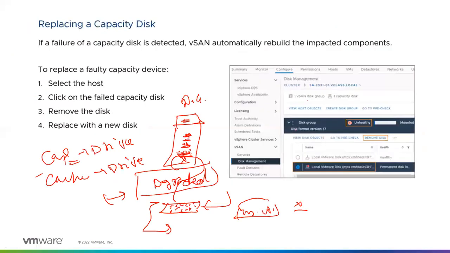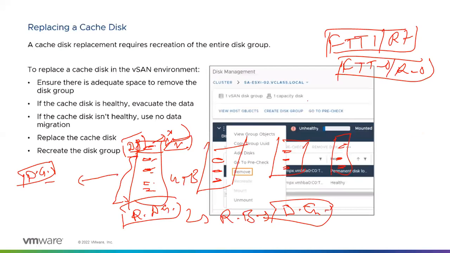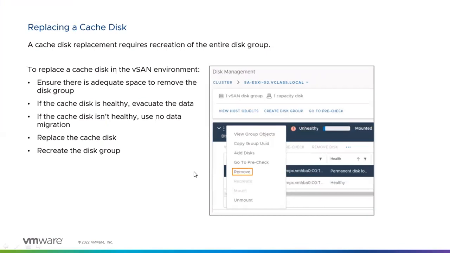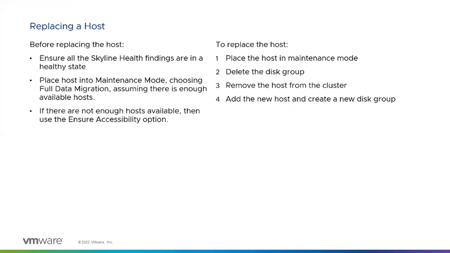But the only drawback is in FTT 0, RAID 0. If in one case the host goes down, it's hard to retrieve the data, right, sir? Because here we will not keep data in full data migration because of lack of space. No, no, no. Even in FTT 0, see,